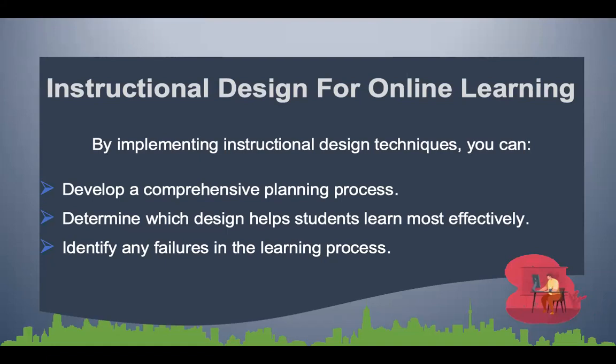By implementing instructional design techniques in the online environment, what you can do is develop a comprehensive